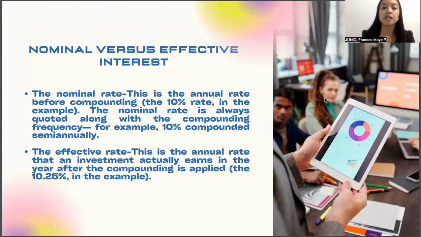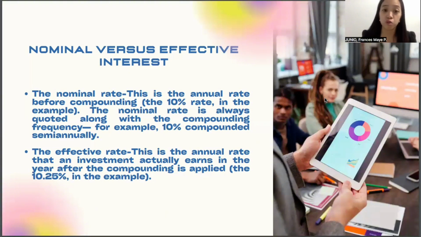So, sa pangalawang 6 months, yung 5% na interest mo is hindi lang yung original na 10,000 mo, kundi kasama na rin yung naunang 500 pesos na interest. Kaya kikita siya ng 525. So, ang magiging total balance mo is 11,025 pesos. So, dahil dito, yung actual na interest na kinita mo sa buong taon is hindi lang 1,000